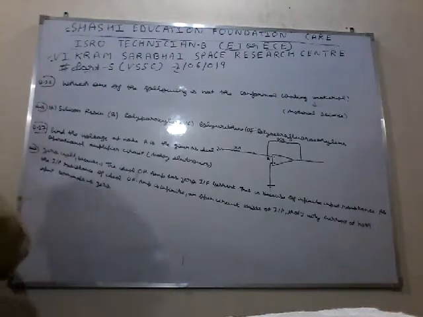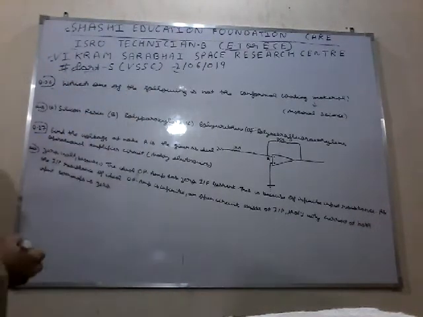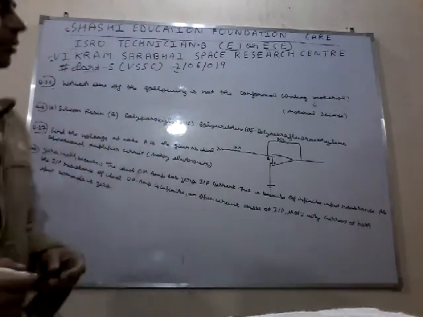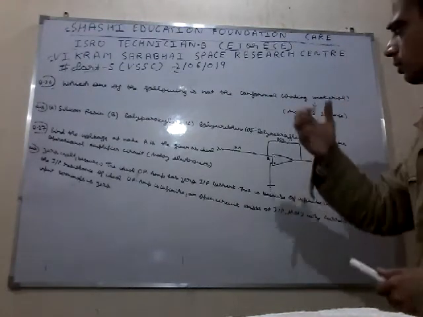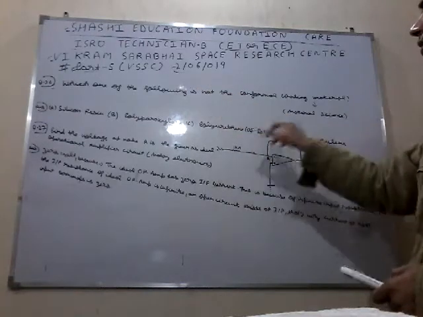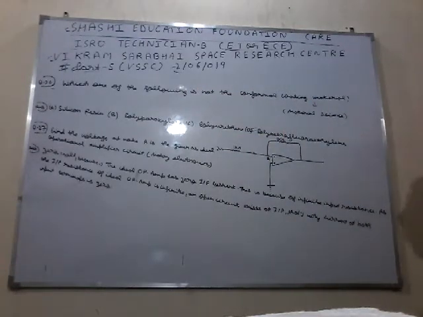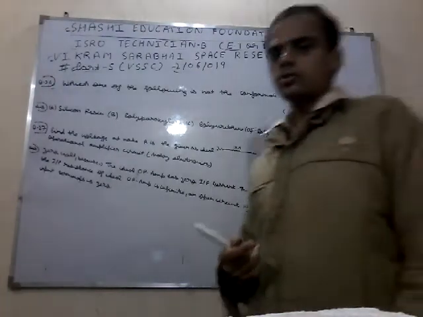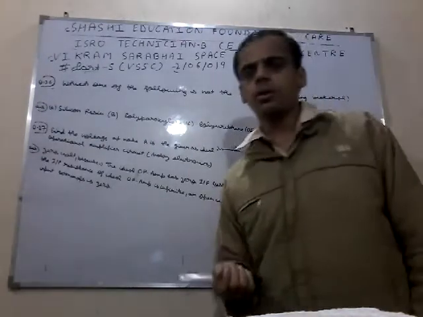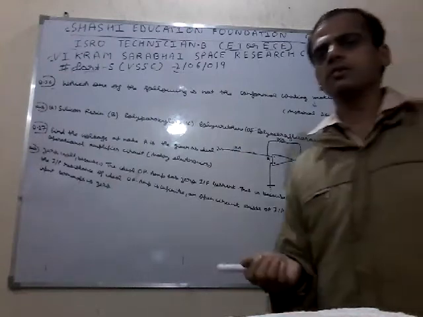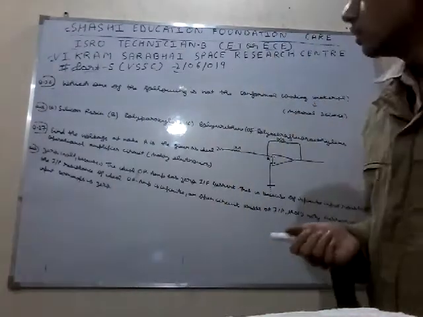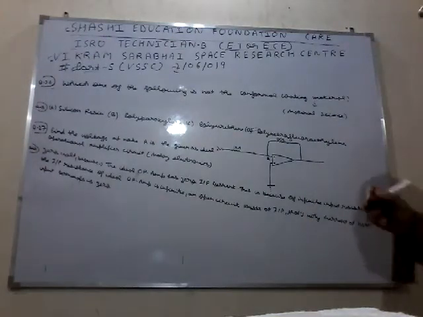Now let's go into the next question. Question number 26: which one of the following is not the conformal coating material? Between options A, B, C, D, the following is not the conformal coating material. What is conformal coating? It is the powder coating material type which coats the cars and some kinds of devices and mechanical parts. Those are the conformal coating materials. So here are the options.